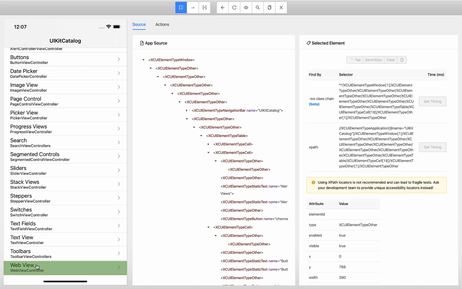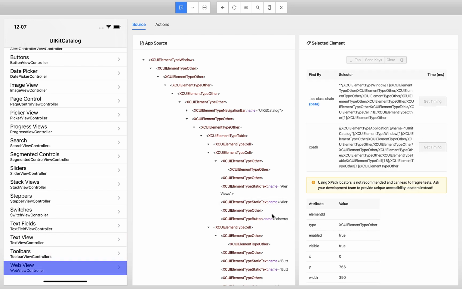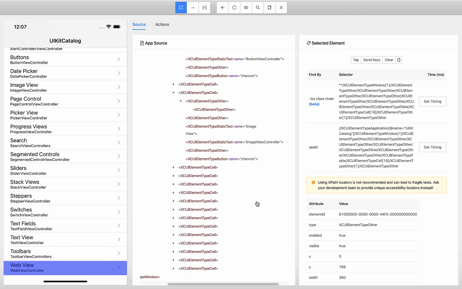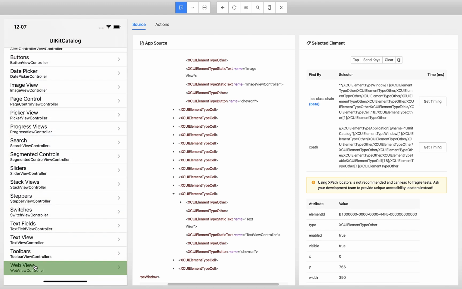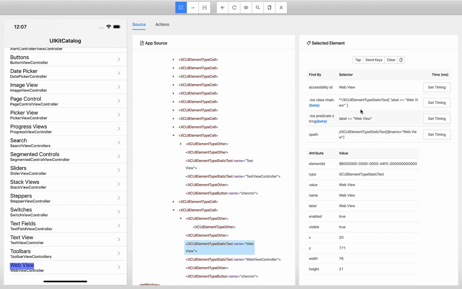Now you want to scroll up to this level. This is what you have to give information. So when you select this, you get properties, but these are not correct. It seems it's not unique. So if you scroll down step by step, where you have to reach web view, here it is. So you want to scroll up to this level.